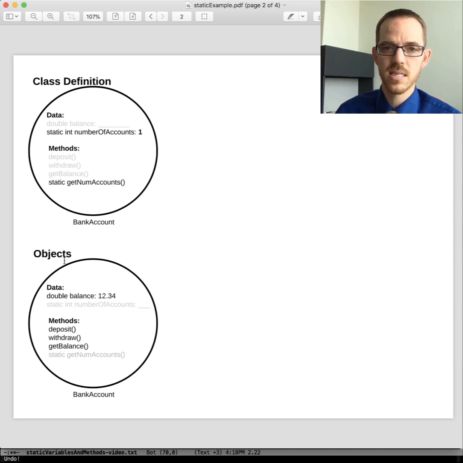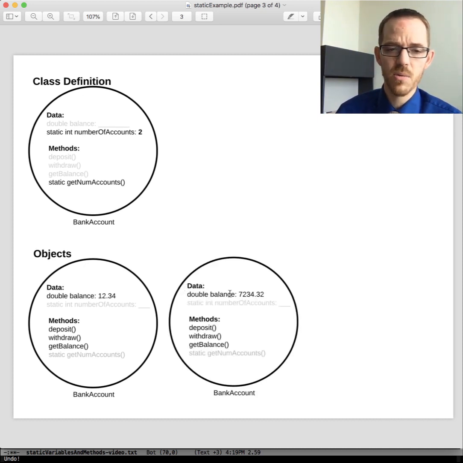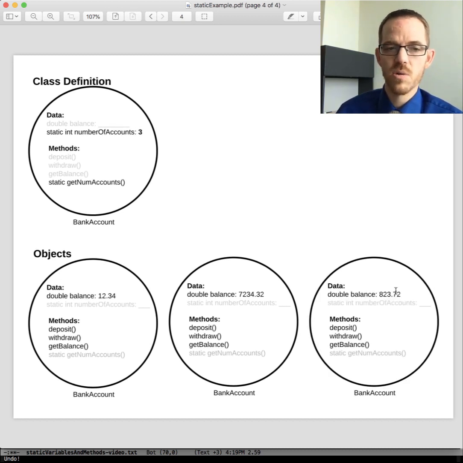In an instance of a class as an object, we have a balance, and we have these methods available. We can use that one as well. But we don't have a copy of number of accounts. It only lives up here. And so if we create another one with a larger balance, then our static variable here is keeping track of all these things, and then the third one here, and the static field here is keeping track that we have 3 of them because it was created in the constructor.